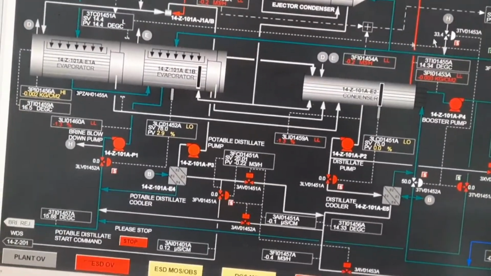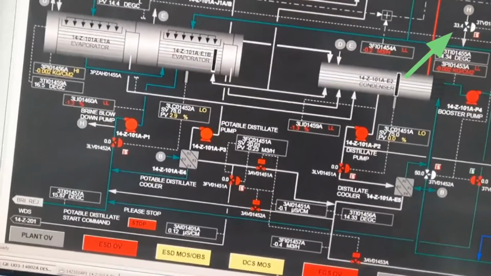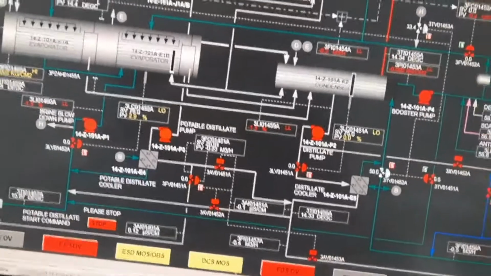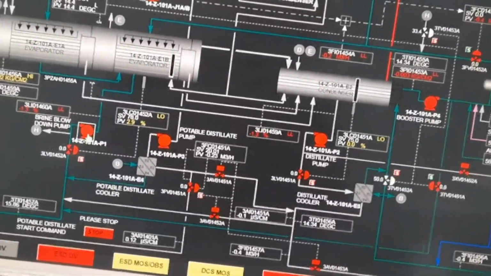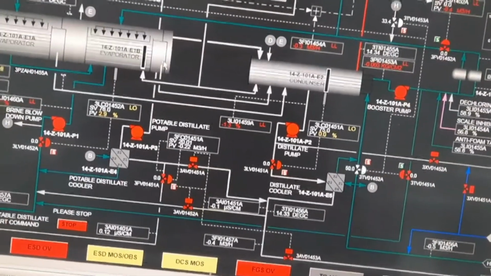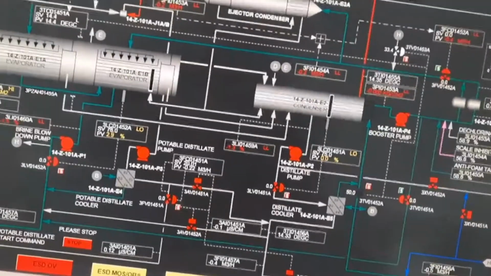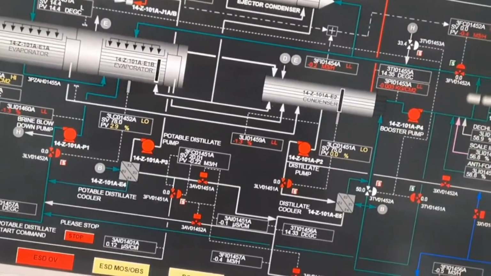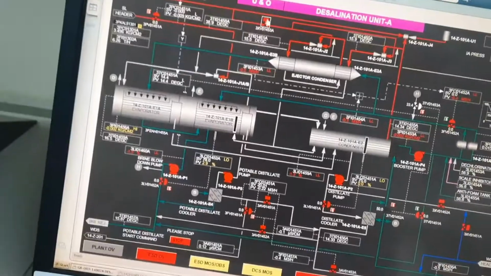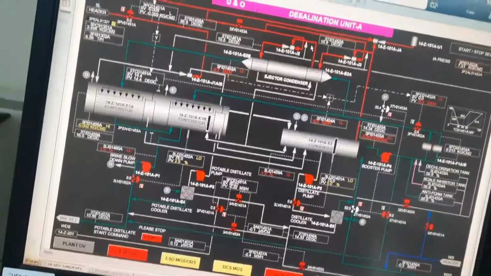When 81% is complete, we need water circulation. For circulation, open the TB recirculation valve to 33%. If you open the controller to 20%, the recirculation valve will automatically open to 33%. When it is 33% open, confirm, contact the local operator and start the brine blow down pump. When the pump starts, circulation starts. Then the vacuum needs to be pulled up by opening the hogging ejector and the SM bypass valve. When the vacuum reaches minus 0.80, the temperature needs to be built up. Maintain the temperature at 65 degrees centigrade and start EDTA dosing with the circulated water. Send samples to the laboratory for analysis of phosphate and sulfate content, pH and EDTA concentration.